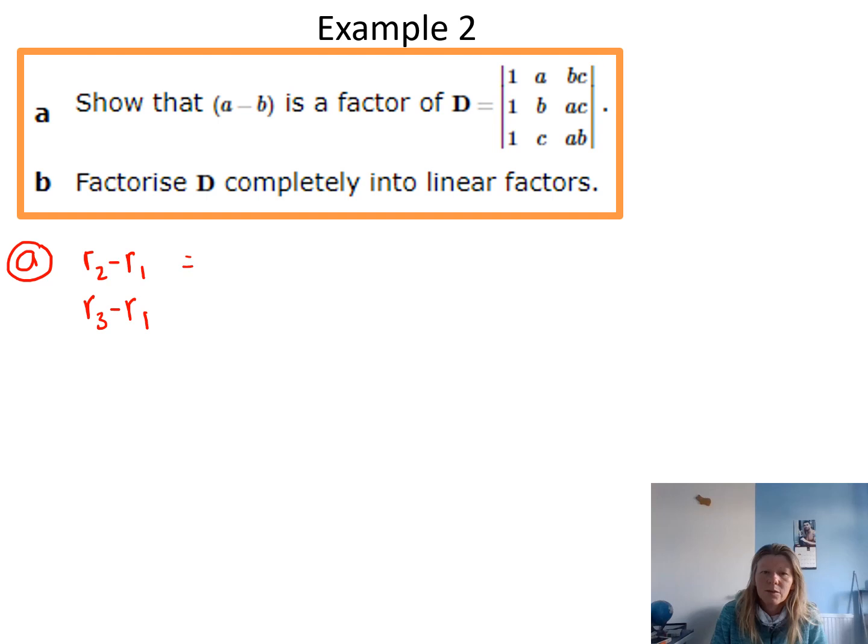So that will be equal to, because it won't affect the determinant, 1, a, b, c, 0, b take a, and ac take bc, 0,